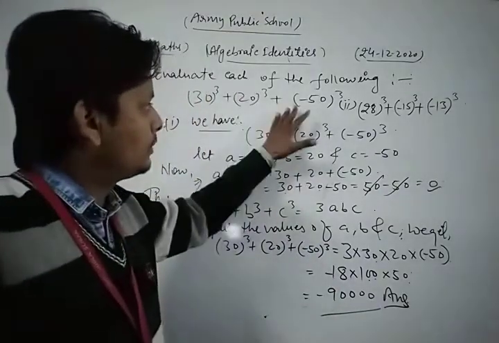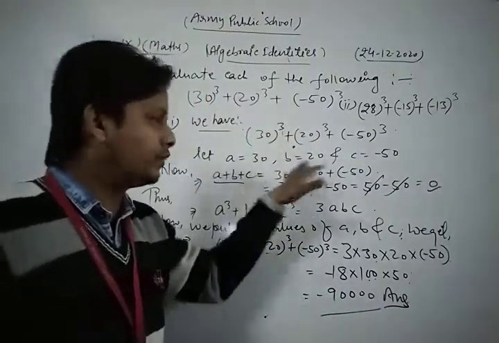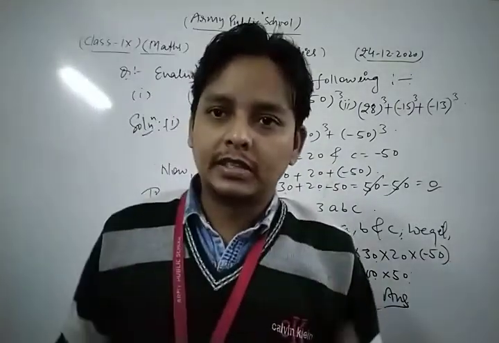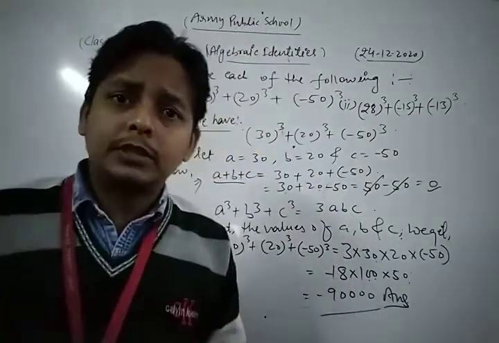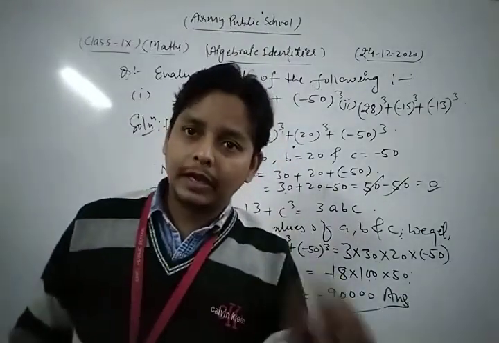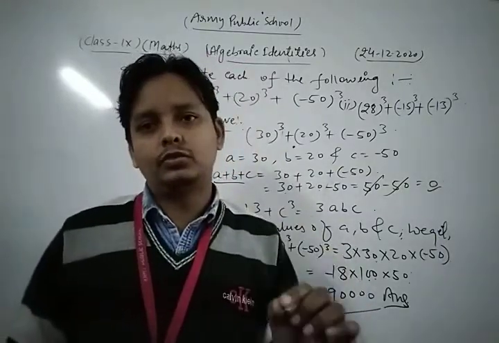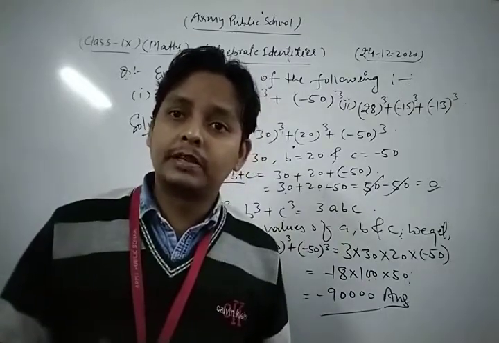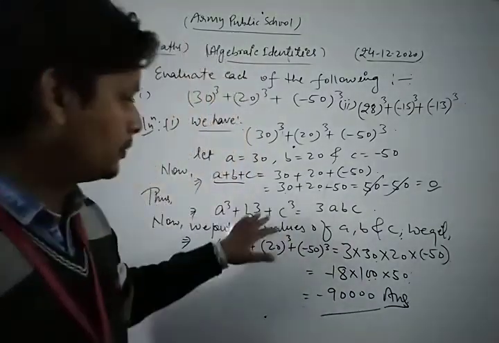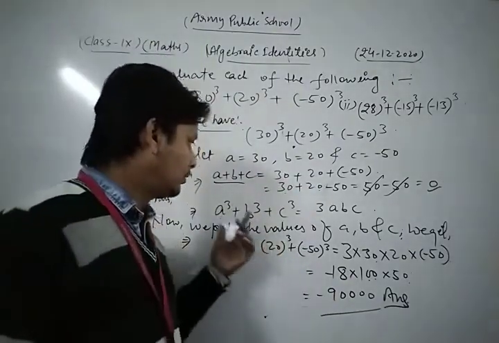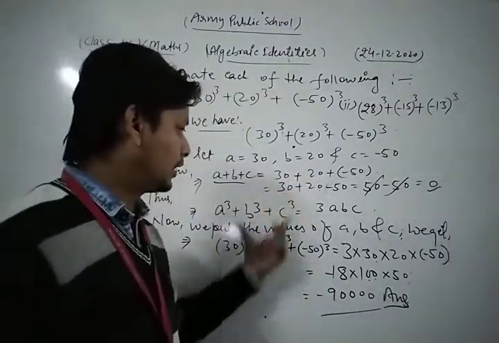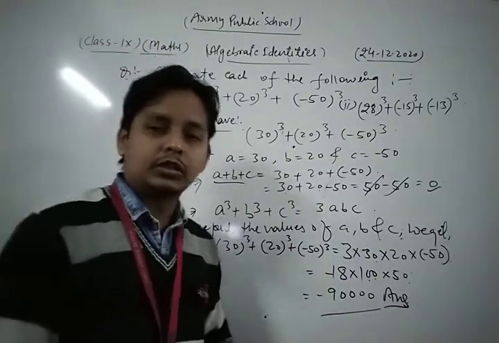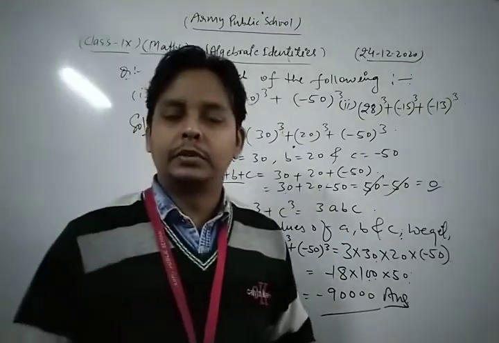So first of all, in that type of question you take the value of A, B and C in this way. After that you check what is the value of A plus B plus C. If the value of A plus B plus C becomes 0, then you apply the identity, the value of A cube plus B cube plus C cube is equal to 3ABC. In which condition? When the sum of all numbers, A plus B plus C, is equal to 0, then you apply that property, and we put the value of A, B, C in these expressions, and we get our result. So in this way you can solve all the questions of your NCERT exercise based on these identities.